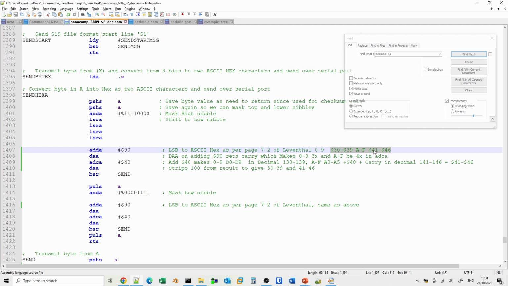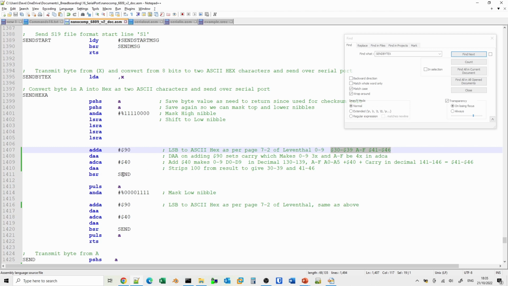So the A is a value 10, but effectively you need an extra 1 in there, and that's a value 5, and that you need an extra 1 in. So what this calculation here does is makes use of the decimal adjust and the add carry. That really means that for values for the A to F, it has the extra 1 in there. So it's a very clever and efficient way of doing things. I think this is probably the most efficient way how to convert a binary value into an ASCII hex value.